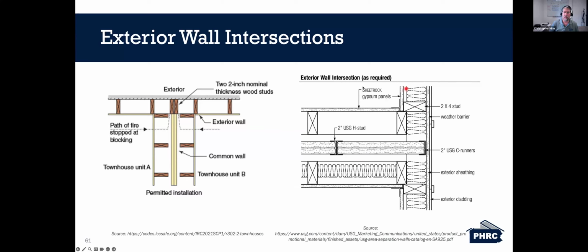This example over here on the right hand side is permissible. This is the design that the language points you to out of the 2018. But looking over here at the left hand side, this is an added design technique that can be incorporated going forward into the 2021. As you can see, jumping back over here on the right, our area separation wall